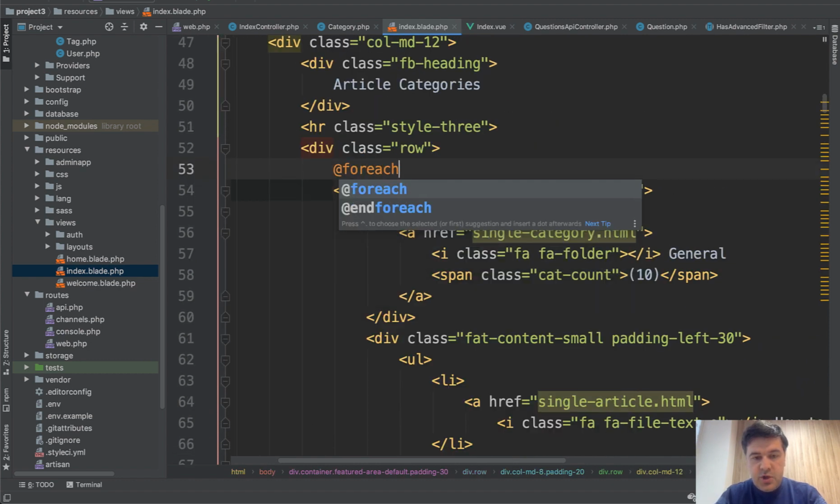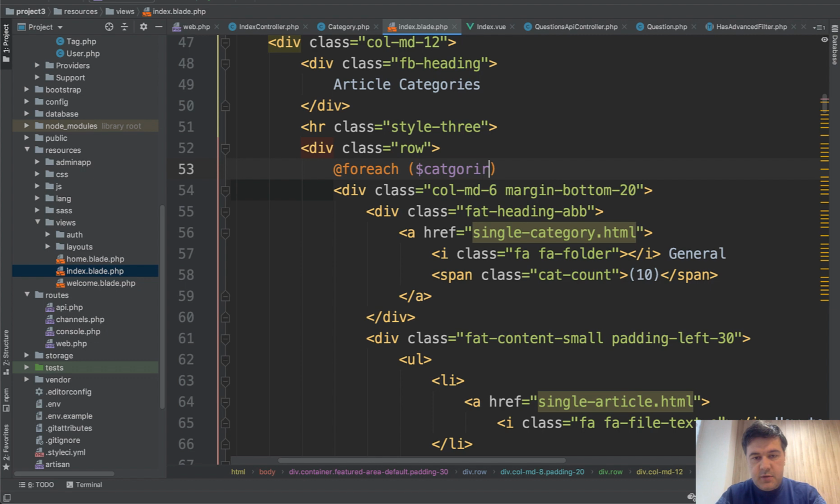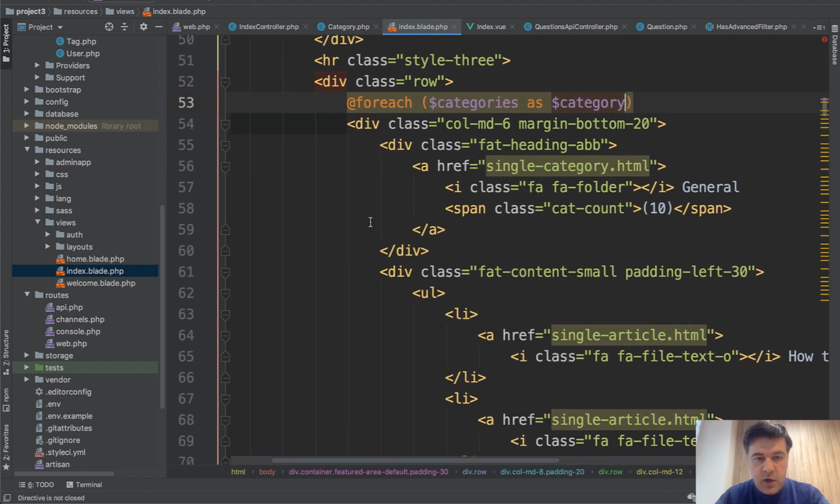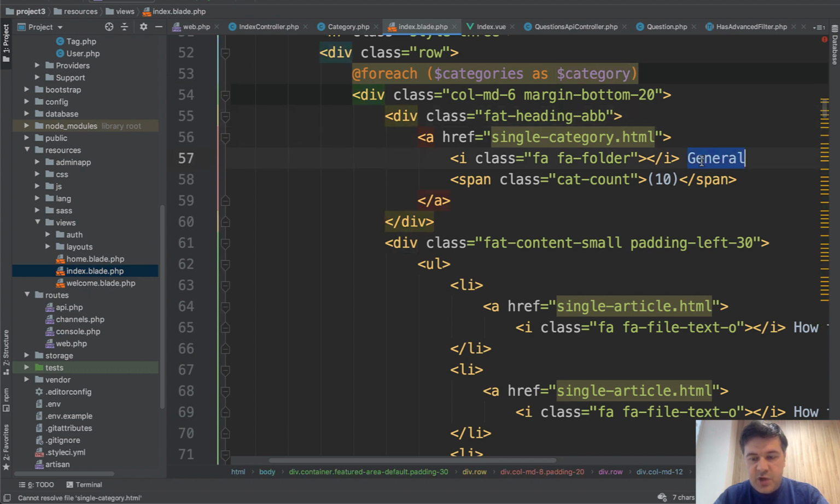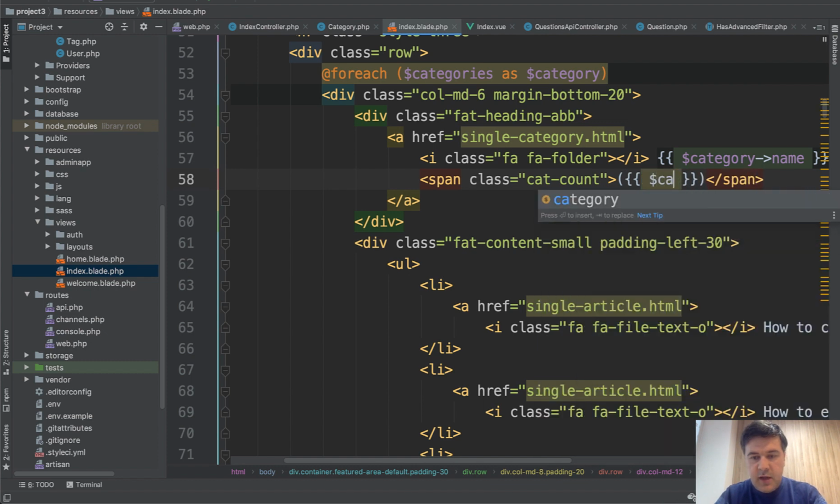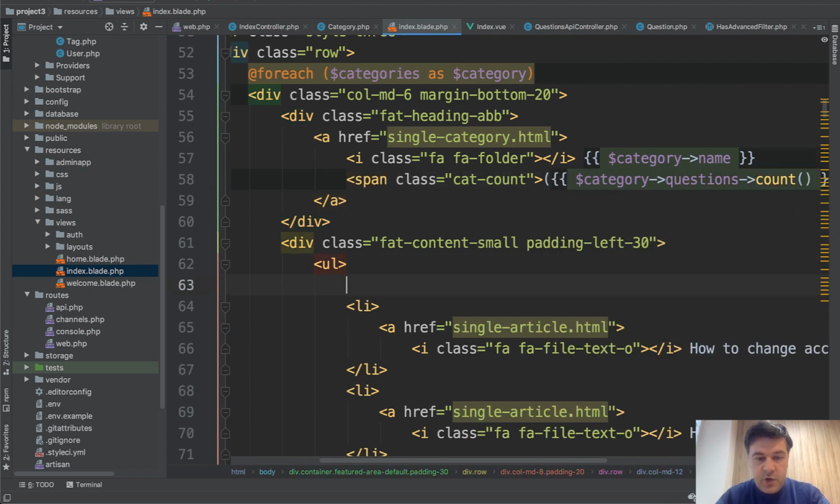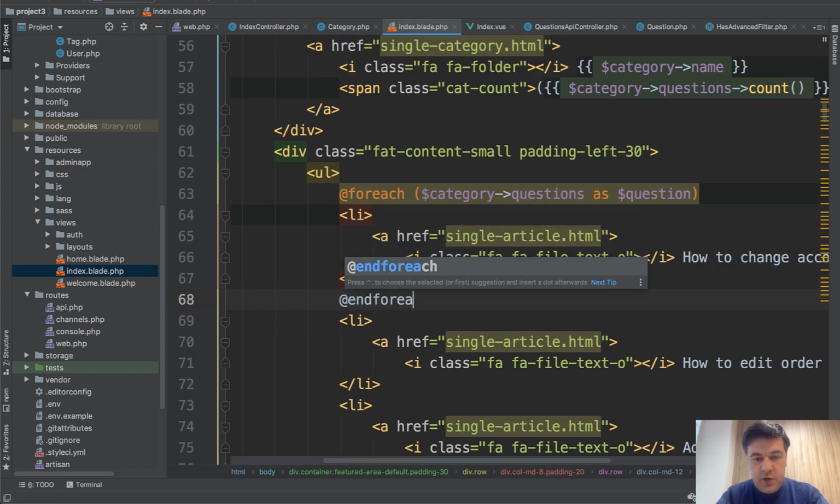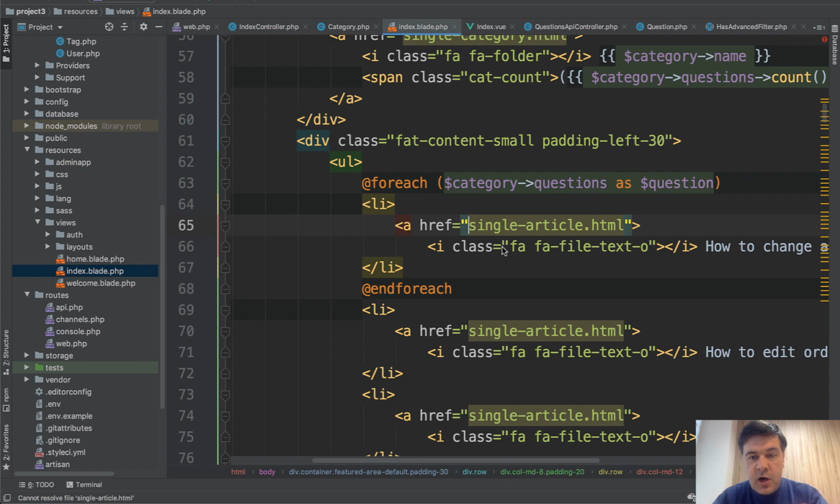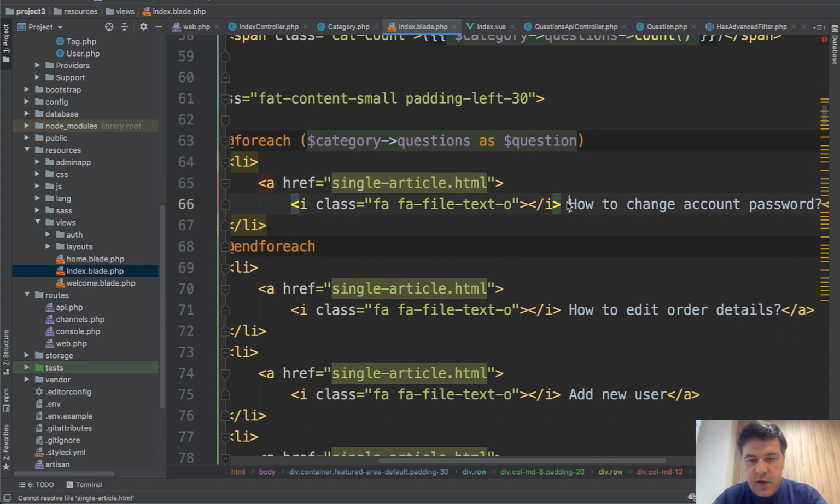So foreach categories as category, we are doing div. So instead of general, we have category name. Here we will have category questions count, and then we have foreach of the questions. So foreach category questions as question, and for each we will take care of the links to article and category a bit later, but for now question